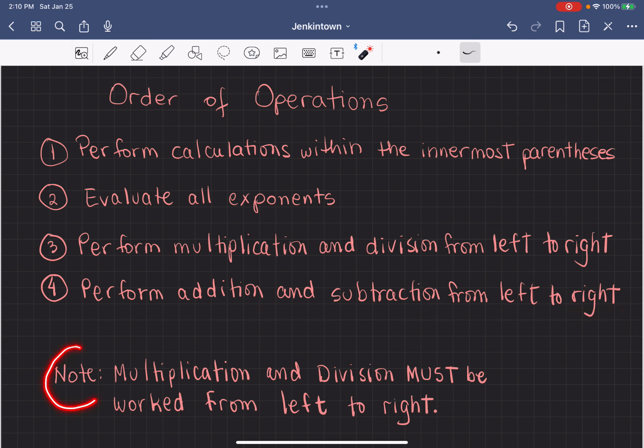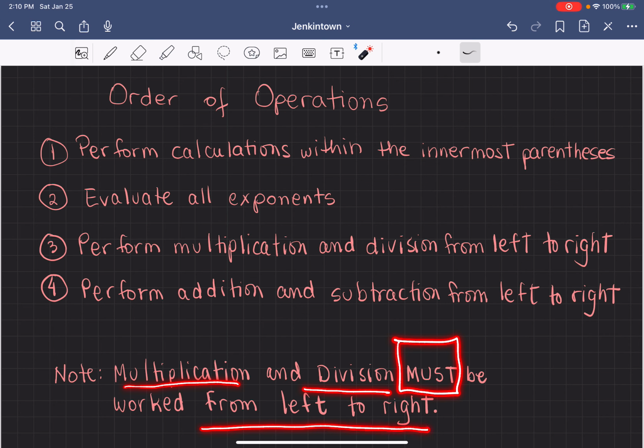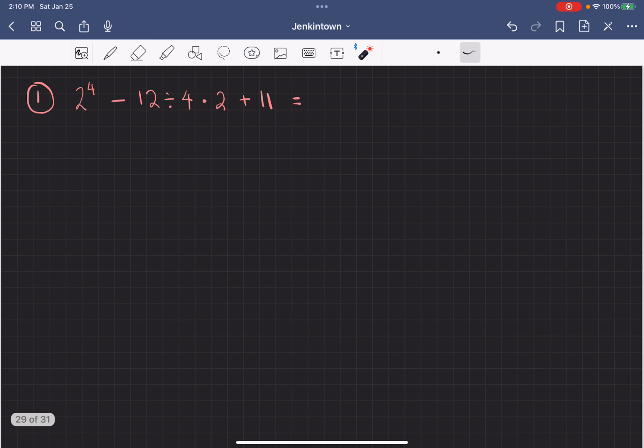Now, this note is here because it's so important that multiplication and division must be worked from left to right. Okay, so that one you cannot forget. Let's see some examples. Okay, on number 1,